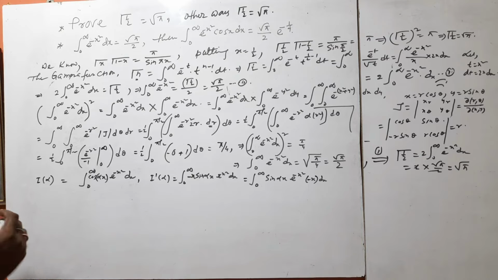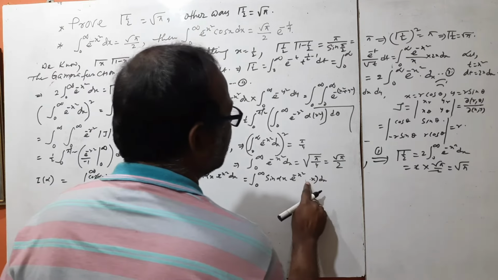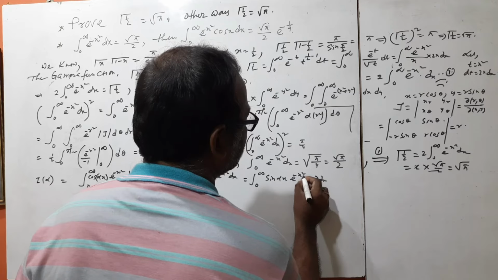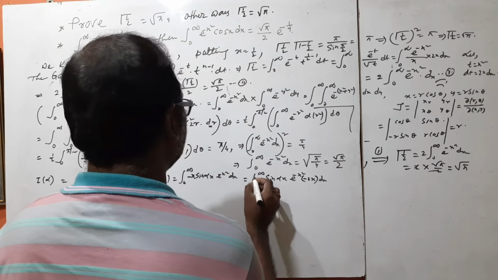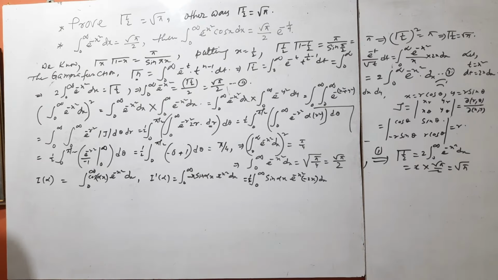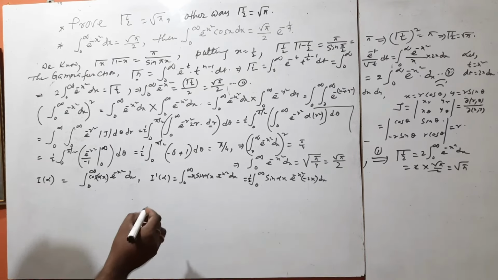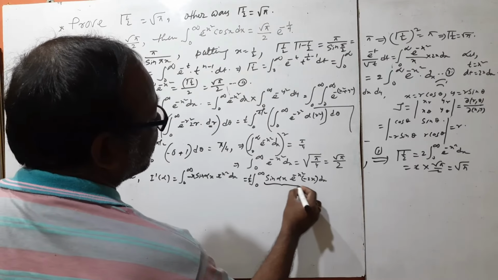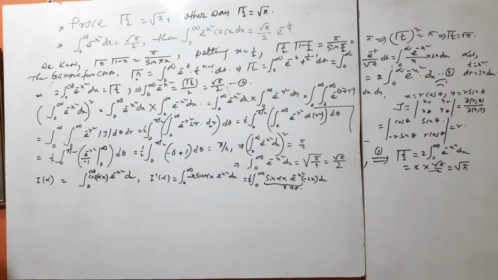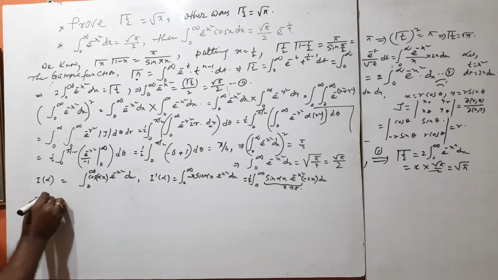Integration by parts, and this is here. So the derivative of minus x square is minus twice x. So this is here half. Use the integration by parts. So integration by parts used here. So this is equal to half of